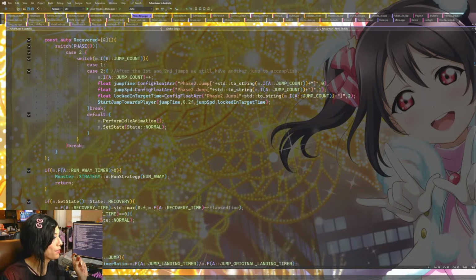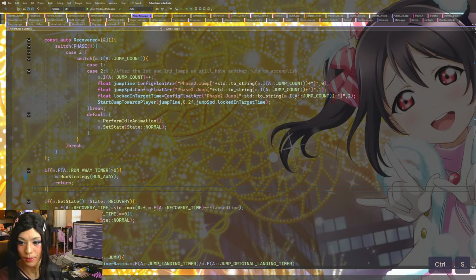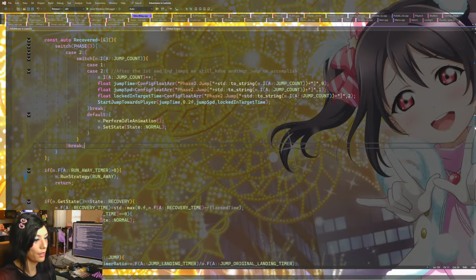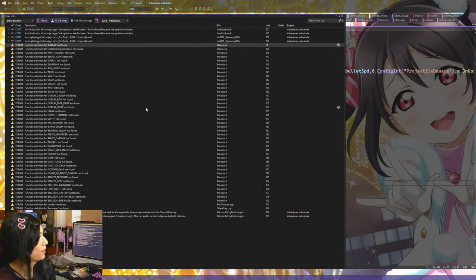This thing is so old that I used magic numbers for the phases, which is absolutely hilarious. What is this? I don't know what my intention was here, but it looks very weird. It should be that. Okay. And like there's one more down here. It looks like it just used to be run strategy with that namespace, but that doesn't exist anymore.